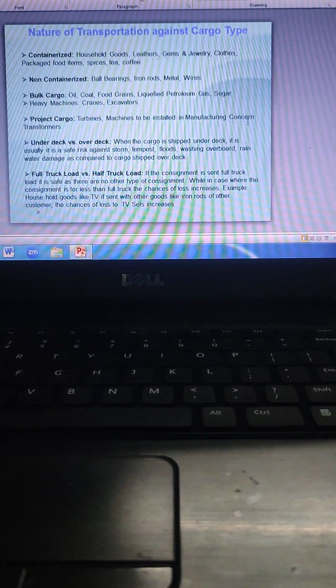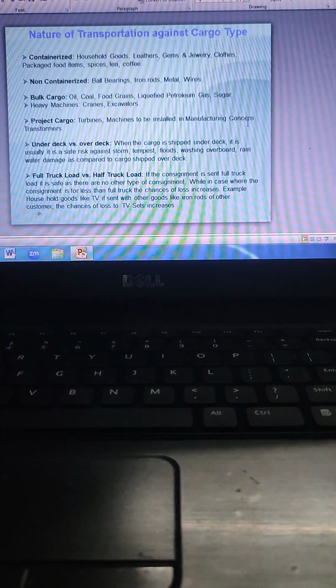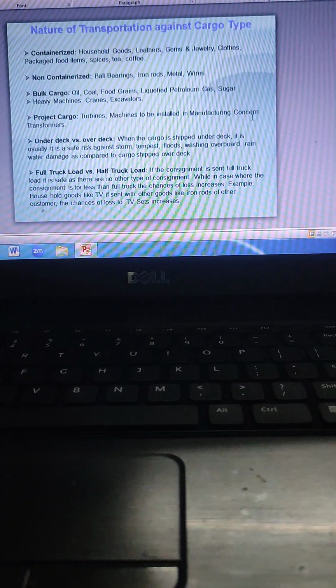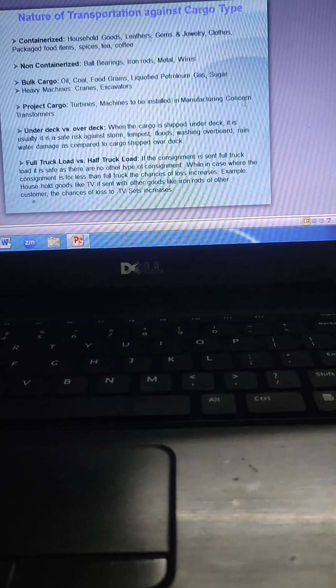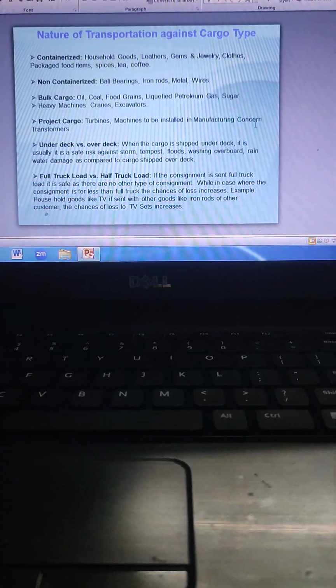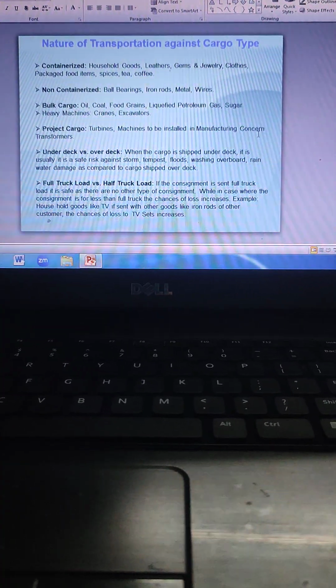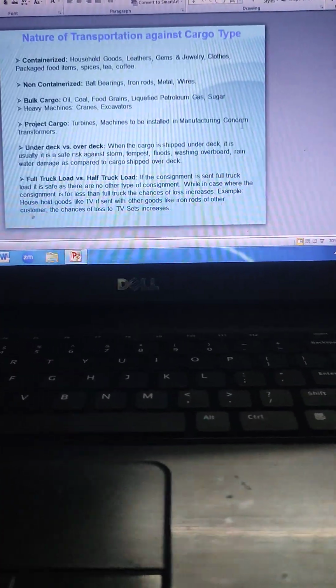Bulk cargo means oil, coal, food grains, liquefied petroleum gas, sugar. Heavy machines include cranes, excavators. Project cargo means turbines, machines to be installed in a manufacturing concern,